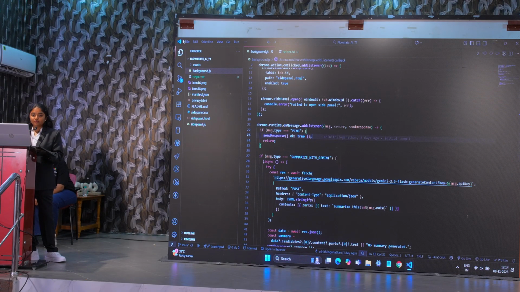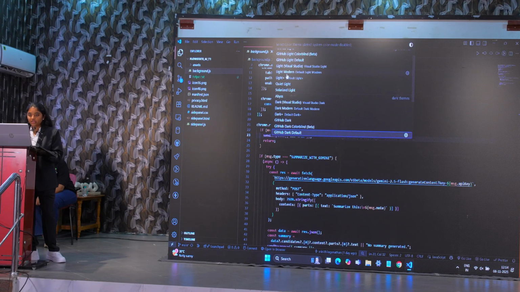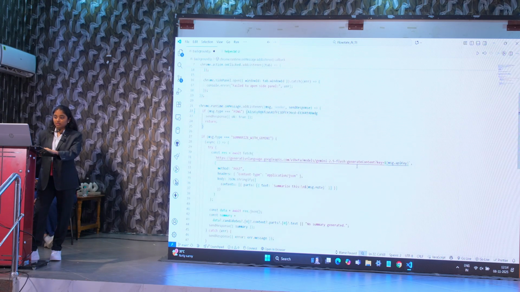Is the black screen okay for you all? Okay, cool. So what it does is that it will call an model Gemini 2.5 Flash with the content called